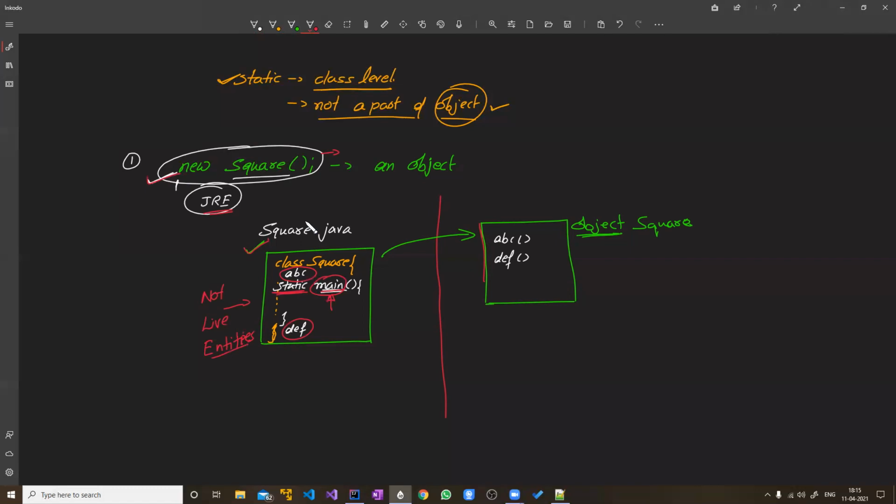They are just a blueprint based on which actual interacting objects are created, right? So you may see this written right here, here and here, but this is only a text file. A text file doesn't run. It is the executable file which runs, and in the executable file this main is part of the class.